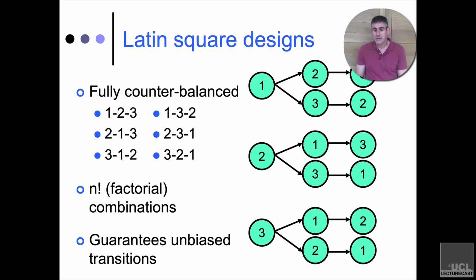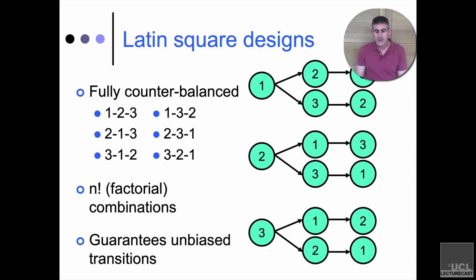So Latin square designs are theoretically optimal. And in small number of conditions, they're an excellent way to go forward because they avoid both order effects and transition effects. However, in real-world experiments where you have basically more than 3 conditions, they tend to be impractical, and you have to get away with something like an ordering,